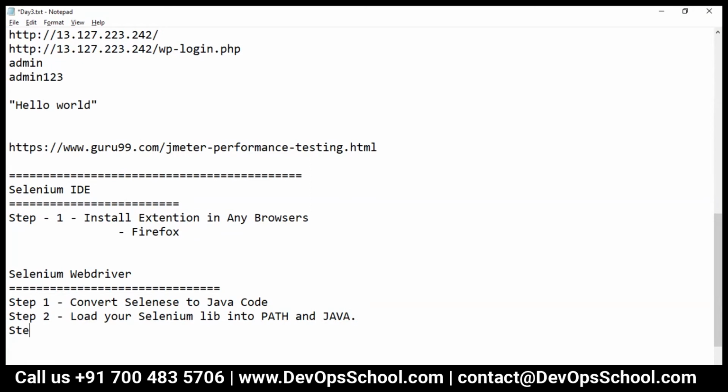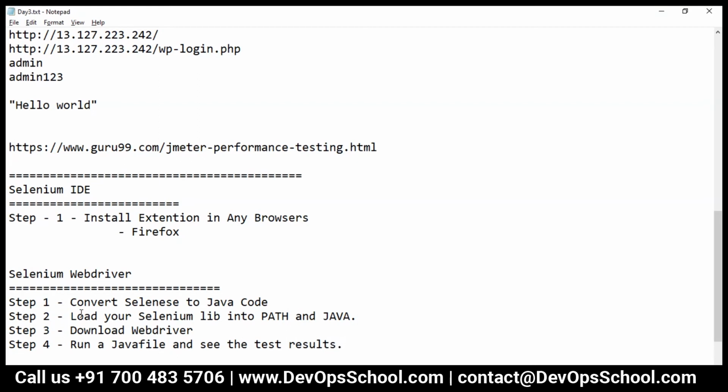I'll show you that. Three, download WebDriver. Now one of the drivers we will download, let's say Chrome driver or Firefox driver. Step four, run a Java file and see the test results.